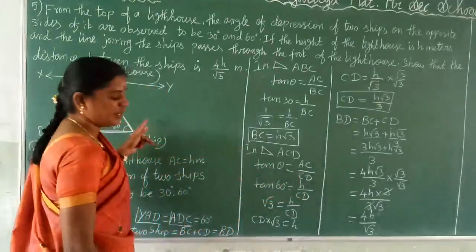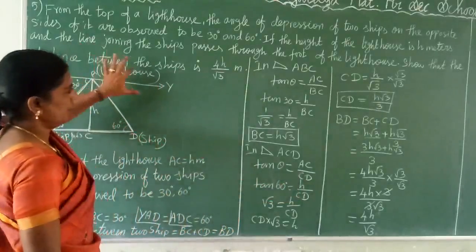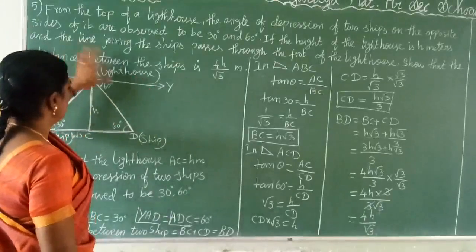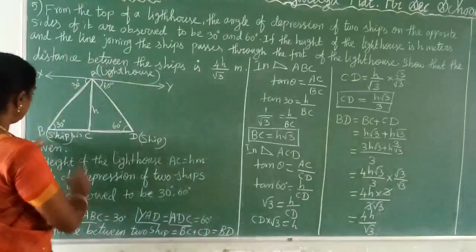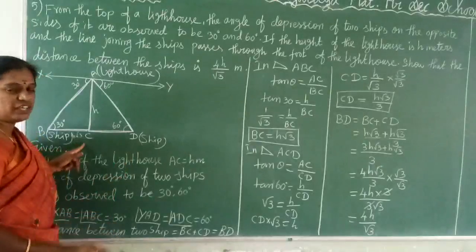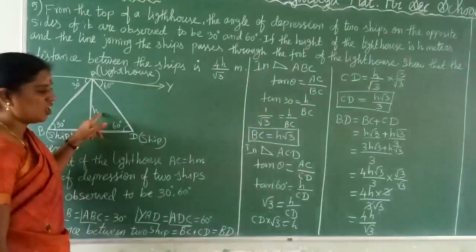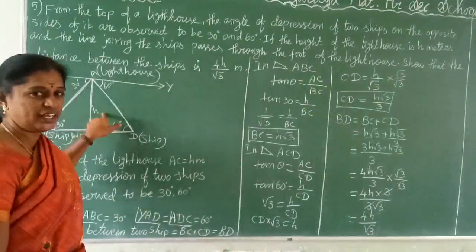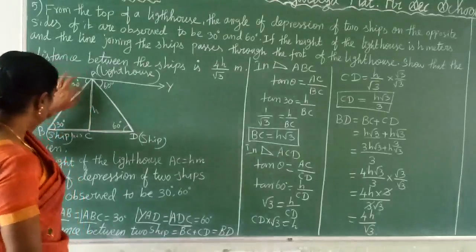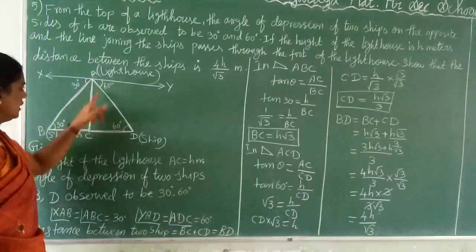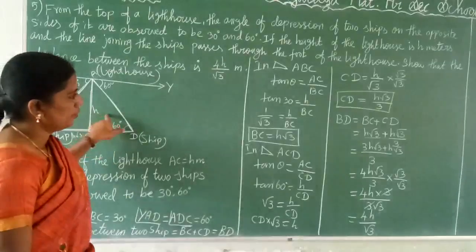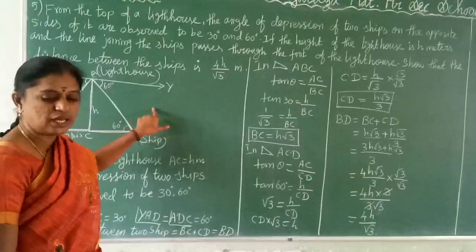This is a very important question. You change this, and maybe it can be asked in creative questions also. Instead of a lighthouse, another object may be given, and instead of ships, a boat or river, anything may be given. Clear? You understand the concept first and draw the diagram, and whichever triangle you choose gives you that answer. Clear? So the same model, all the example sums are there.